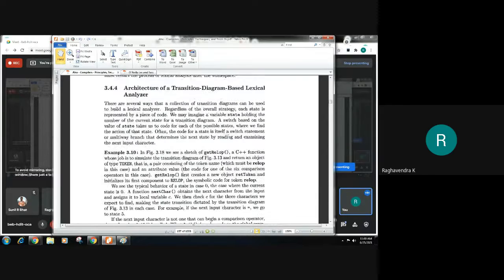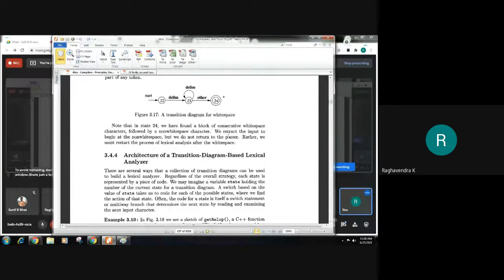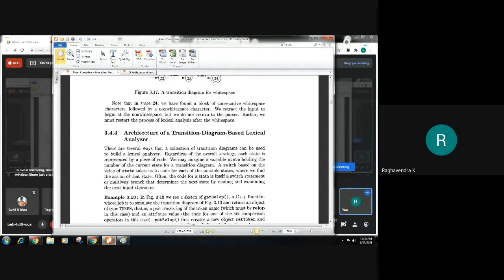Normally we will consider state as a variable, and we will use a multi-way branching in order to decide what piece of code has to be executed upon which state you have reached. Basically a switch on the value of state is going to be used in order to take us to the code for each possible state. Of course, we know what has to be done in each state.